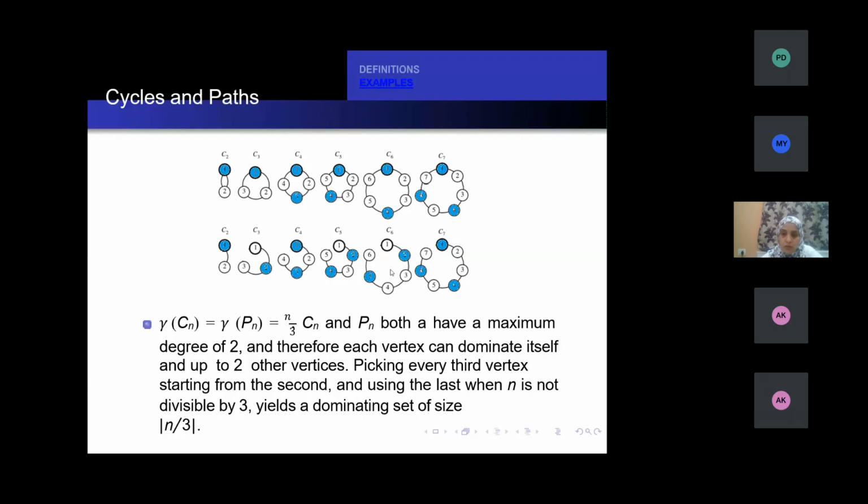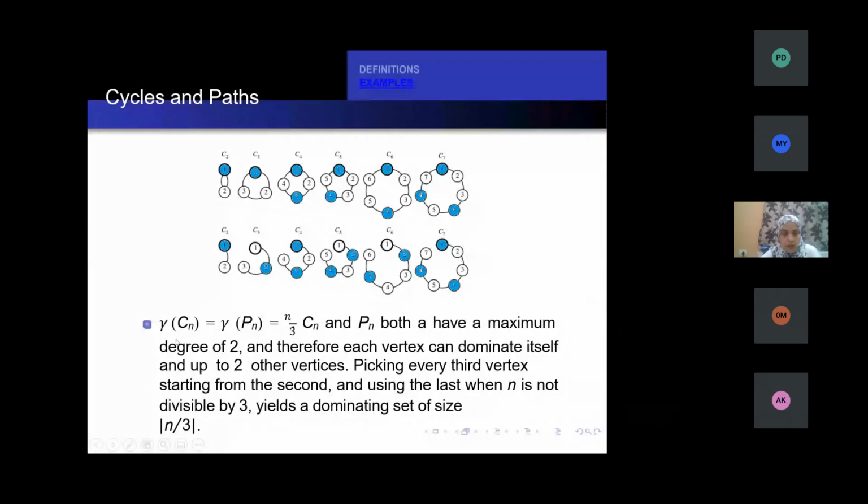That will be considered as the dominating set, and the minimum cardinality only will be known as the domination number. So least number of vertices we have to consider. If you are not considering 1, 4, and 6, even you can take 2, then we have to take 5, because we have to cover the whole graph. If we take 2, 2 will cover 1 and 3. Then we have to again take 5, it will cover 6 and 4. Then 7 will be left over. So we have to take 7 also in the dominating set. So 2, 5, and 7, again the domination number gamma G will be 3 for the P7